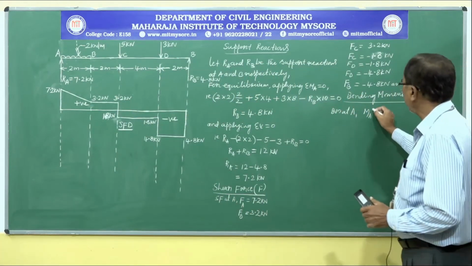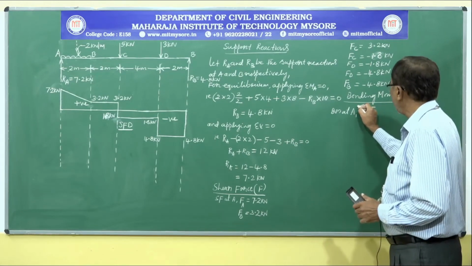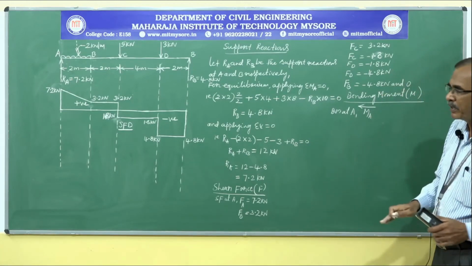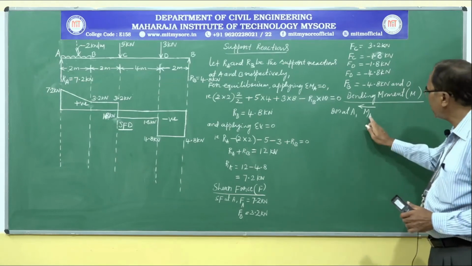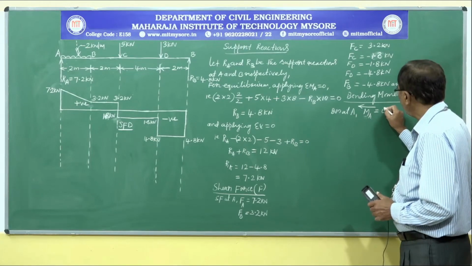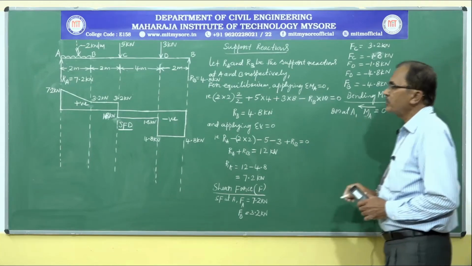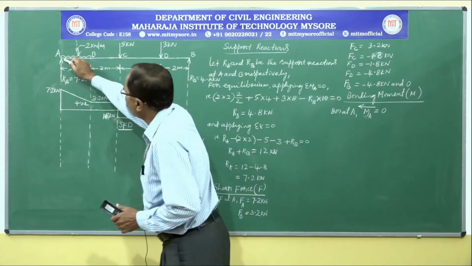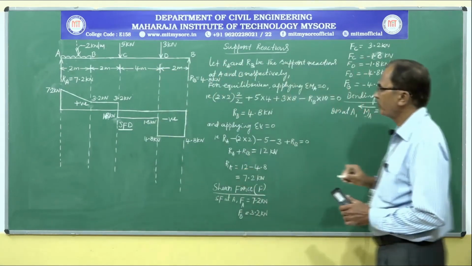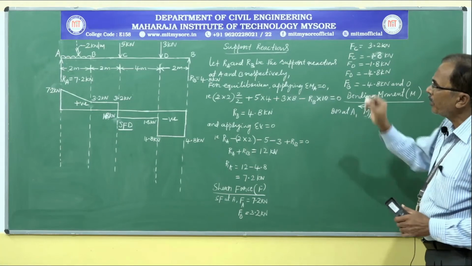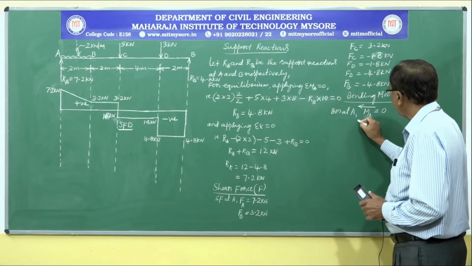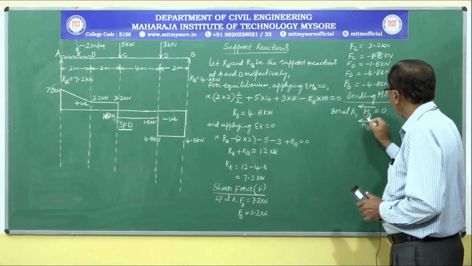So bending moment at point A by considering the left hand side, this arrow indicates which side we have considered, the left hand side of the point or the right hand side of the point. As there are no forces or loads to the left of point A, bending moment at point A is equal to 0. Even if we consider the loads acting to the right hand side of A, we will get the same bending moment 0. Next, coming to point B, MB, let us consider the forces acting to the left hand side again.